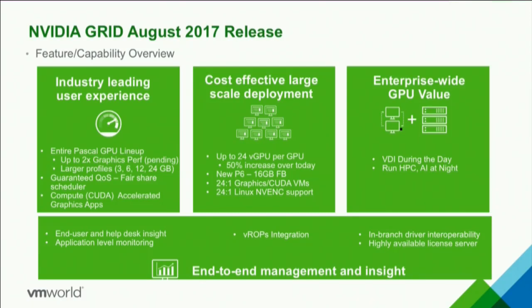And then the second bullet point, the fair share scheduler. We've added a QoS scheduler. So if you want to continue to use our existing round-robin time slice that has worked very well, great, absolutely. But you can also enable a QoS scheduler that will deliver the same consistent amount of performance for X amount of users per GPU to be defined by you. Again, that ability to make choices between, do I want pure performance based on use, or do I want to deliver a consistent amount of performance because I understand what that end user needs, right?